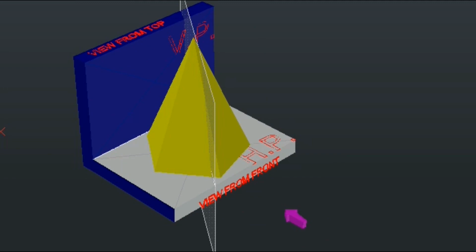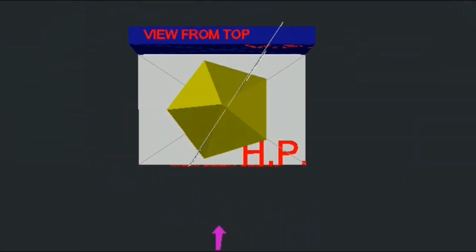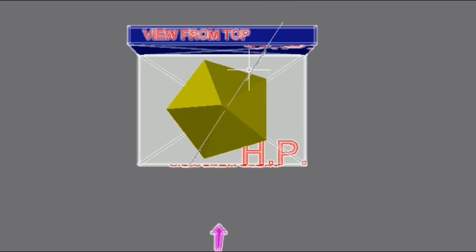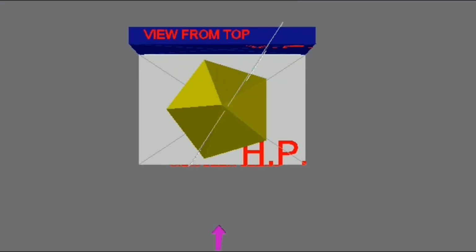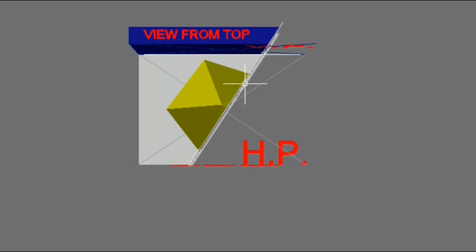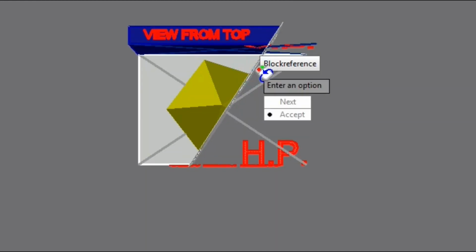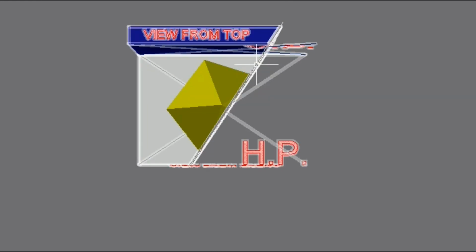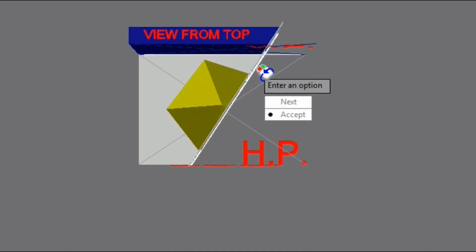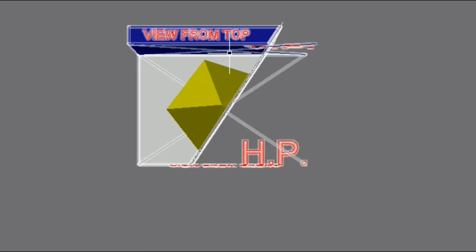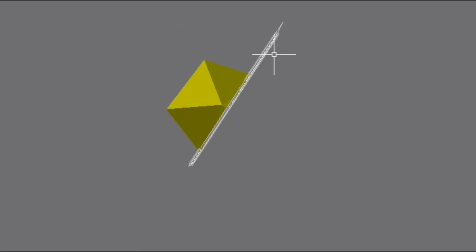to VP. Now you see that I have placed the section plane inclined to VP. I'll show you from the top. Now you can observe easily the inclined section plane. I will cut the solid. So you see that here is your section plane on your screen. So when I erase this, it will look something like this. So I'll just erase the planes.